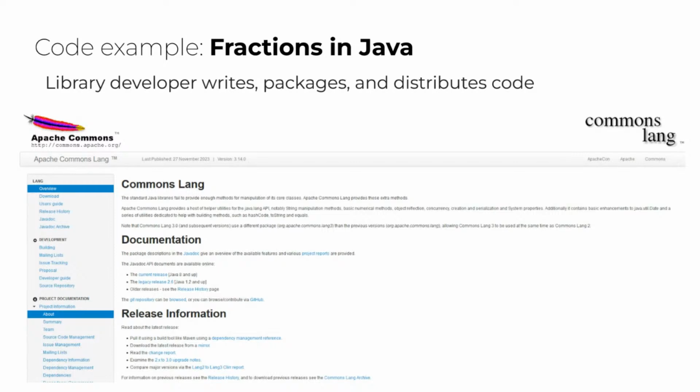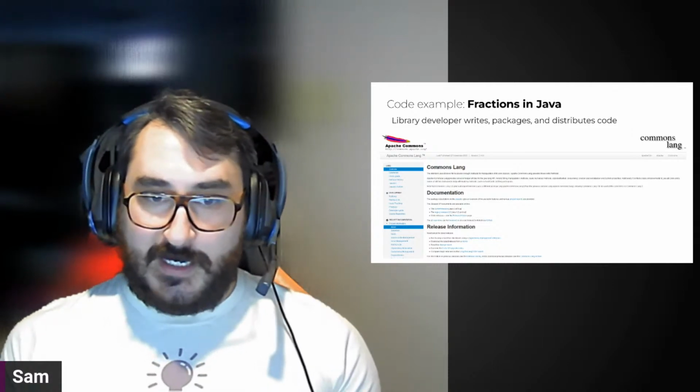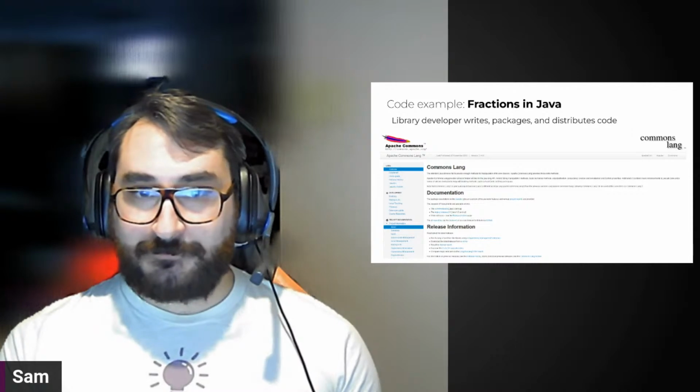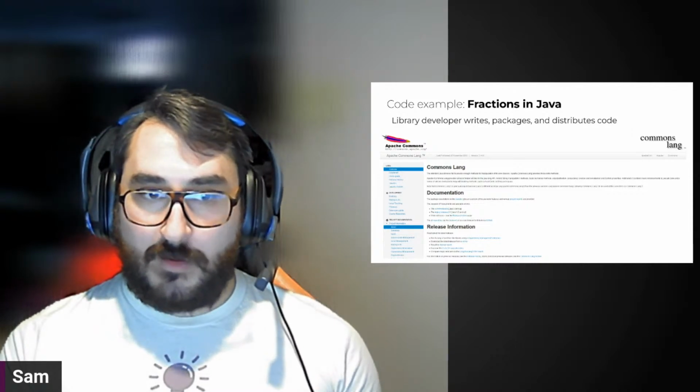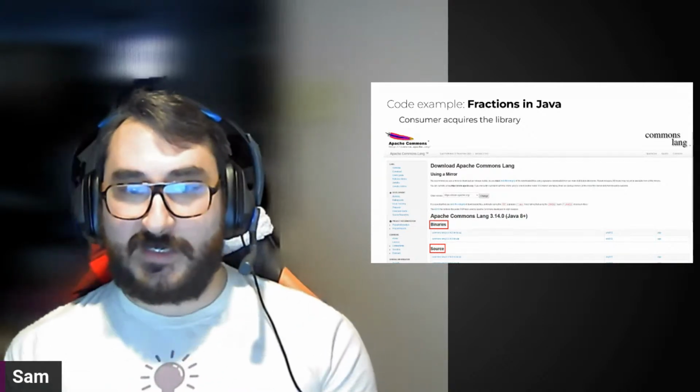So as I mentioned, step one, the library developer writes, packages, and distributes the code. So they've written the code, they are big enough that they host their own website, and they have all sorts of great information. But the next step was for me, the consumer, to acquire the library. So I went to the download